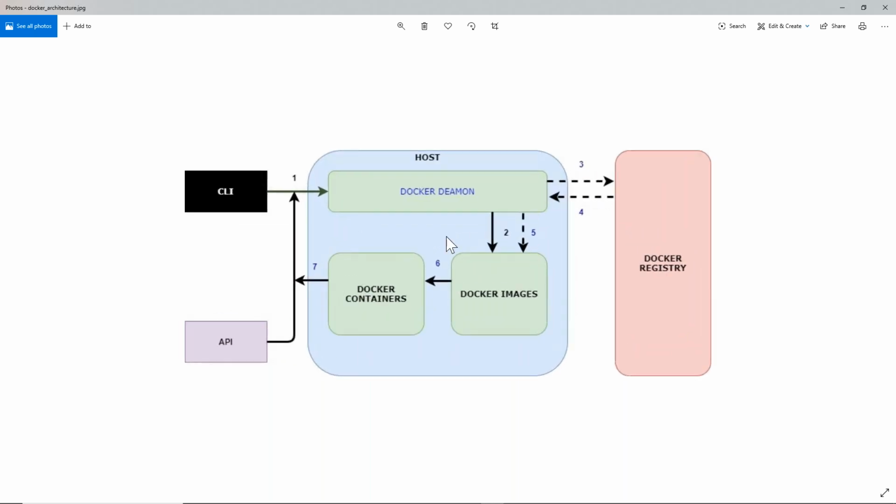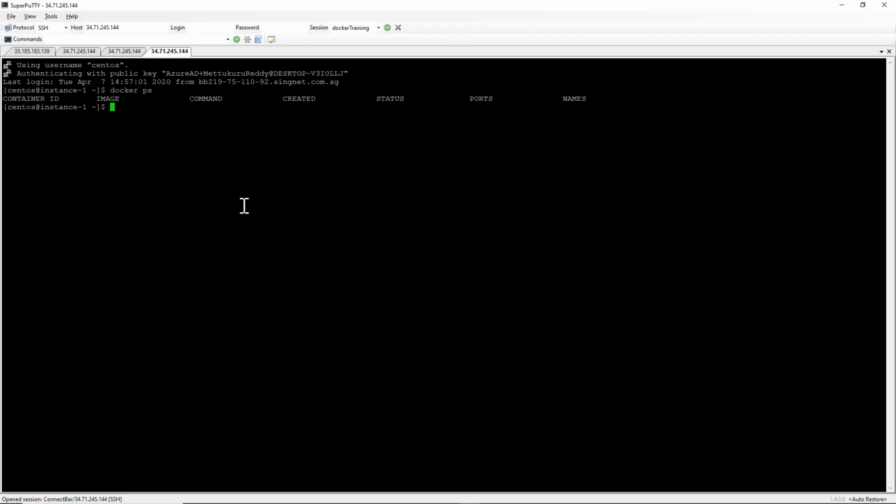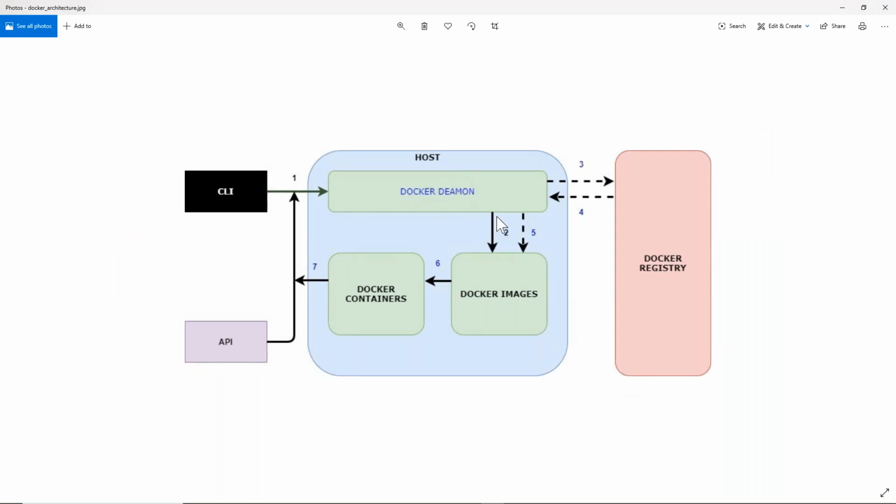Okay, so this is Docker architecture. So in host, whatever we install right now is Docker CE, means Docker daemon. So this host contains Docker daemon, and we have CLI. This is called client, either through CLI or through any REST APIs. So right now, whatever Docker ps, it means the running containers. So this is called the CLI. And inside this host, we have Docker daemon already installed.